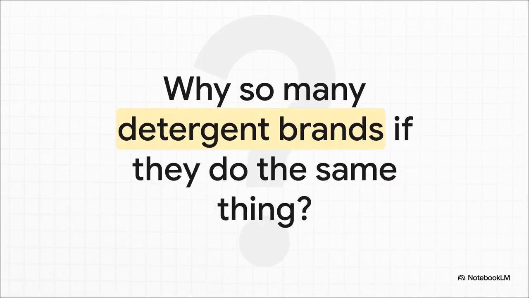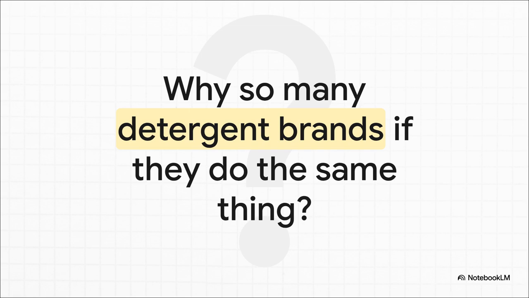Picture your last trip to the grocery store. You walk down the laundry aisle, and what do you actually see? You've got All, Cheer, Tide, and literally a dozen other brands. Or look at the cigarette market with Marlboro, Winston, Kent. Now you might be wondering, why are there so many options if a detergent basically just washes your clothes? Well, the secret lies in a concept called product differentiation. These products are closely related, sure, but they are not identical in the eyes of you, the consumer. That slight difference, that is the engine driving our very first market structure,